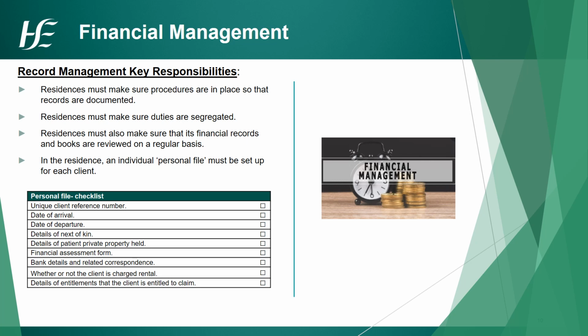The residences must list all clients that are going to be paying their rents or RISMAC by direct debit into the central HSE bank account, and it might include things like the client's name, the amount of the direct debit, the frequency of the direct debit, the community residence name, the address of the residence to which receipts should be issued, and the cost centre, the general ledger code which indicates where the income of the residences is posted